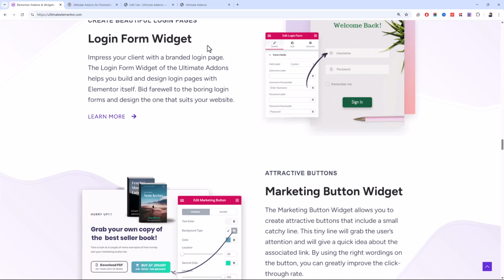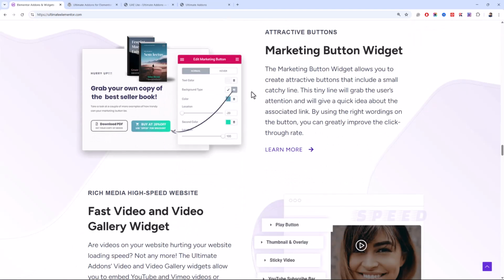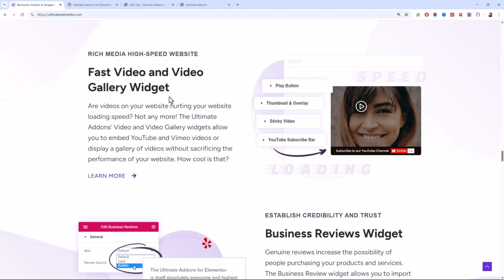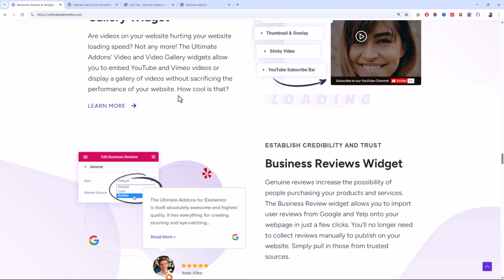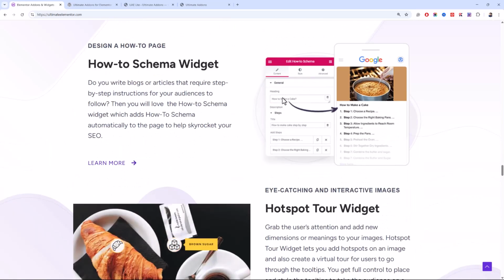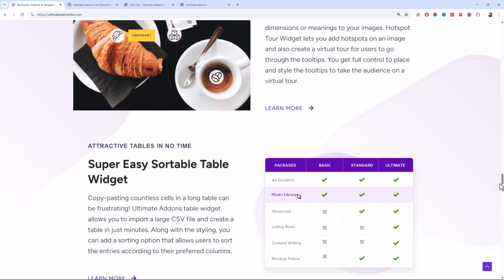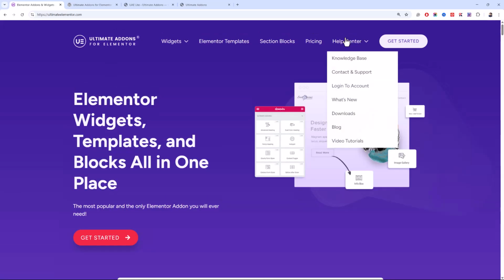And it also comes with a login form widget that you can customize to create custom login pages for your website. And there are more widgets like fast video and video gallery, a business reviews widget, and an amazing hotspot tour widget. So let's talk about the pricing.